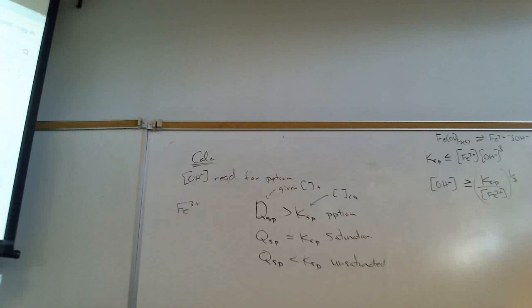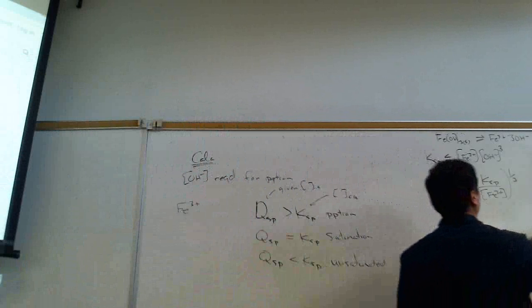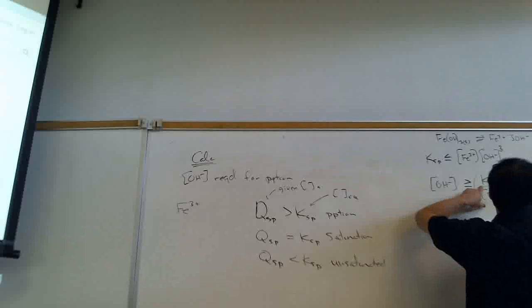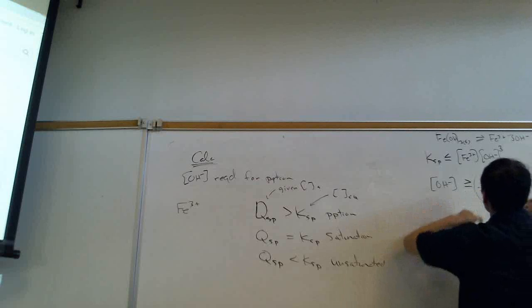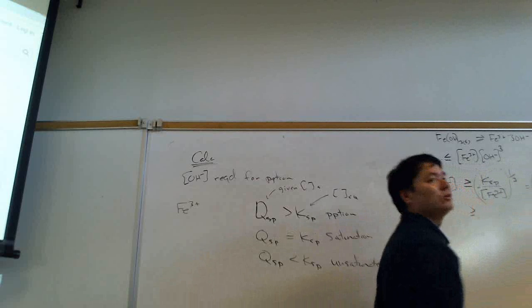So this is 4 times 10 to the negative 38 divided by the iron 3 plus, which was what again? 0.100. Taking the cube root of that, the hydroxide's got to be greater than or equal to